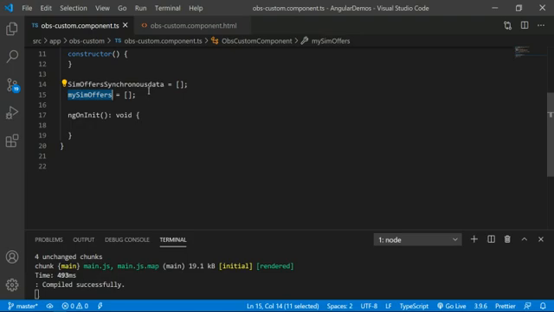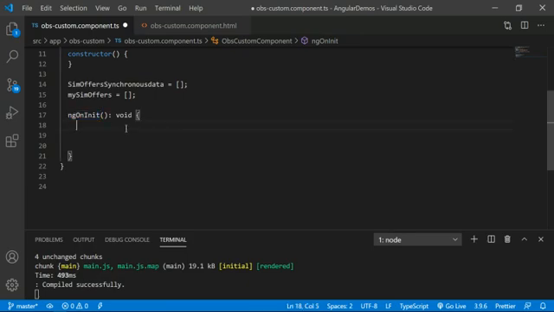Asynchronous data you can expect from HTTP services. Observable is useful to handle synchronous data also. So the first step is I am implementing the logic in the ngOnInit lifecycle hook, which is executed when my application is getting initialized. Here my application is nothing but my component. When my component is getting initialized, this lifecycle hook is automatically going to be fired.